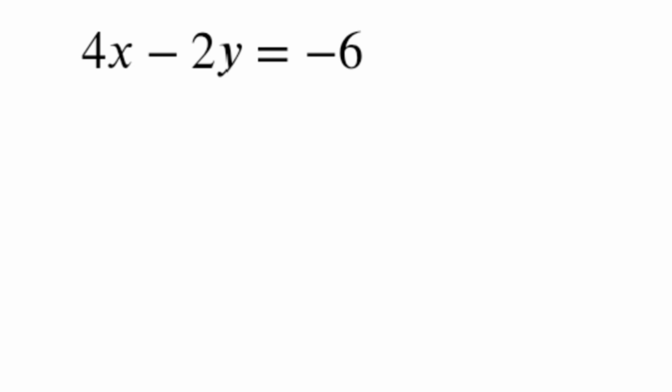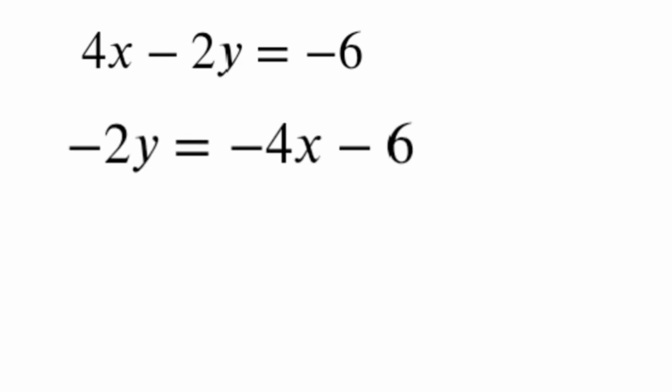Another example is 4x minus 2y equals negative 6. Our b and c are negative. And simplify this one. Transpose this 4x to the right side of the equation. We have negative 2y equals negative 4x minus 6. Simplifying this in terms of y by dividing 2 to both sides of the equation, we have